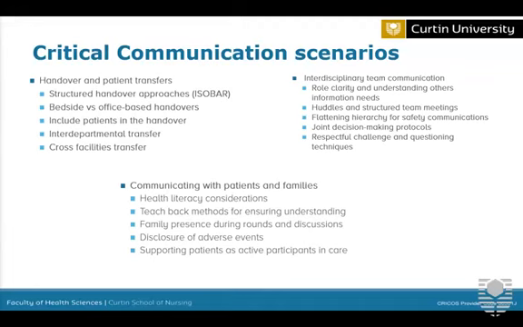So for those cross-facility transfers, we use the same approach, and having the same approach means that we are all clear on process. We don't have to second-guess protocols. We know the approaches to use, and we're confident with the type of information that is required. Interdisciplinary teams also use those communication styles when there are medical rounds that are actually attended